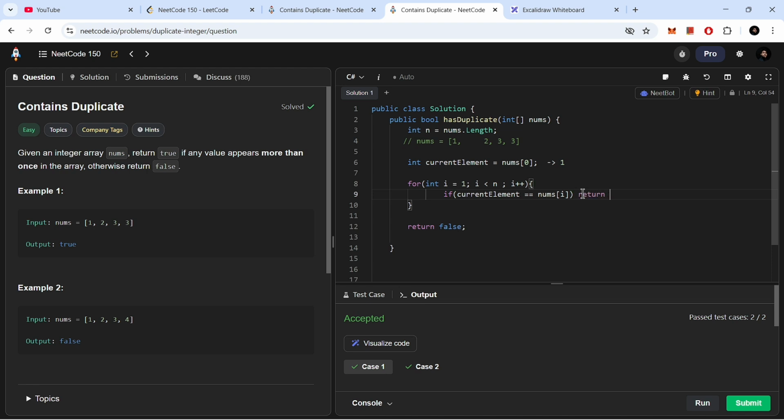So if this will also be 1, we will say 1 is equal to 1. We will say yes, it is 1, so it is a duplicate value. So we will say return true. But if it is not the case, like 1 is equal to 2, no, this is not the case. So we will say